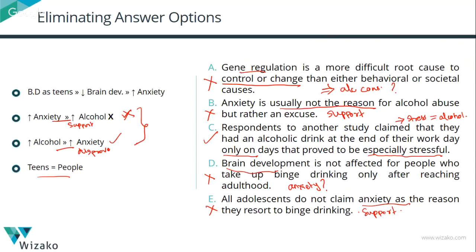Tell yourself what the answer has to be, paraphrase the answer, before you look at the answer options. If you don't do that, you will have no clue what to expect out of the answer options, and anything would seem attractive. In an argument like this one, if you had not jotted down what is causing what, you might very well have picked the wrong answer option, an answer option that supports the argument rather than weakens it, because you're not really sure what you want the answer to do. So take the time to think about it and do it.